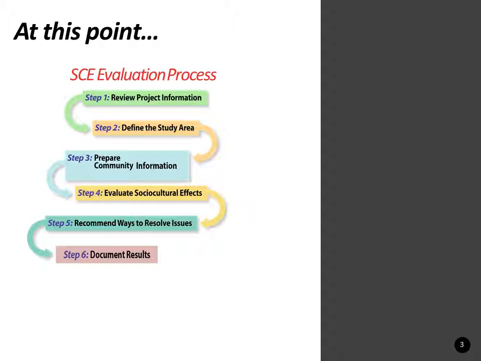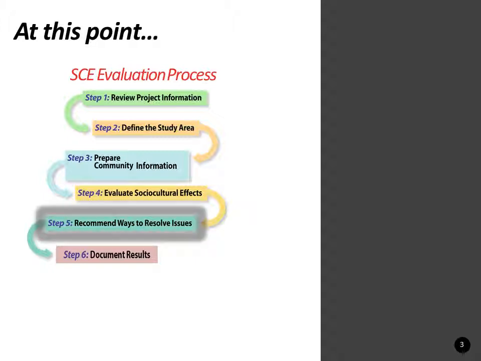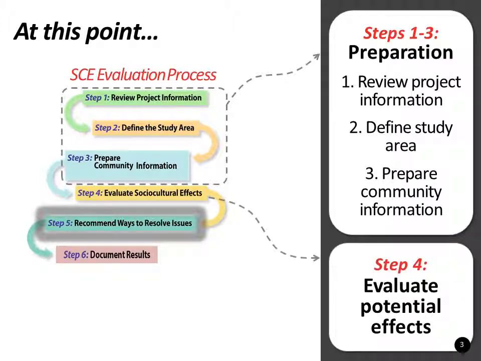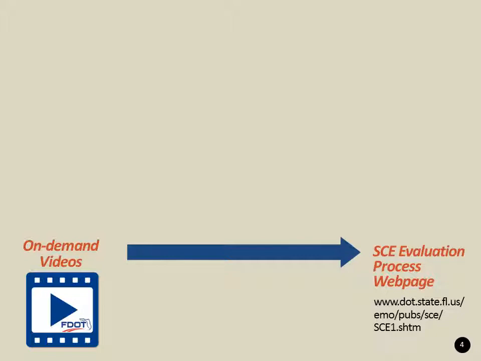Before that, I want to take a moment to mention the steps in the SCE evaluation process leading up to where we are now, which is Step 5, Recommend Ways to Resolve Issues. At this point, we will have compiled information about the project and community, and defined a study area for the evaluation, and identified and evaluated any direct, indirect, and cumulative effects on the human environment that could result from the project. Guidance on each step in the process is available on the SCE evaluation process webpage on the department's website,